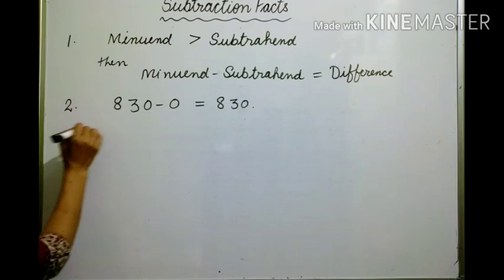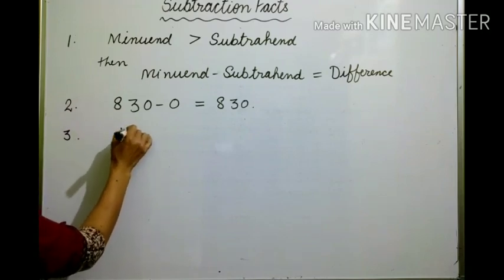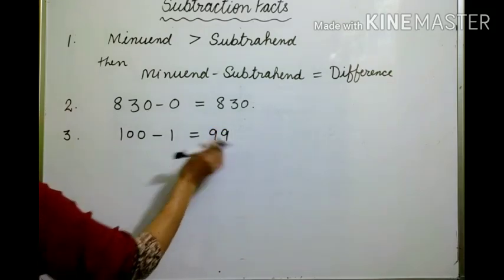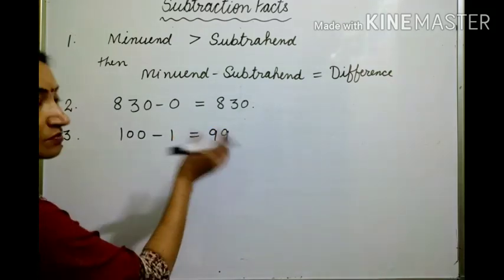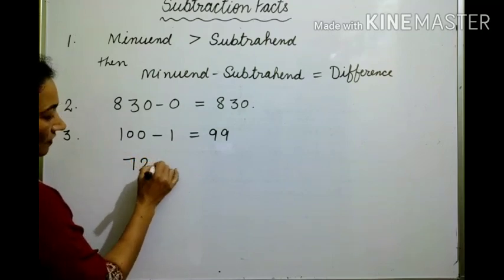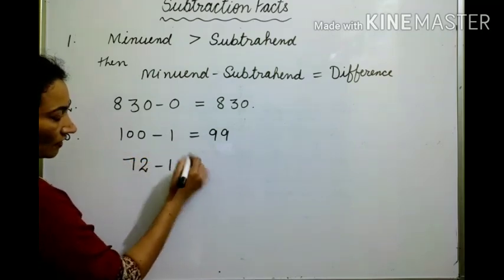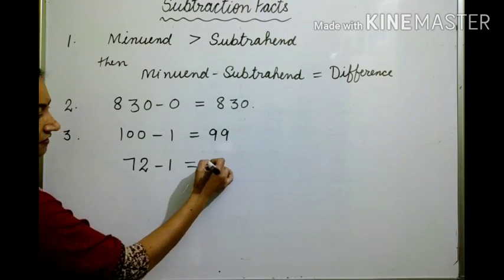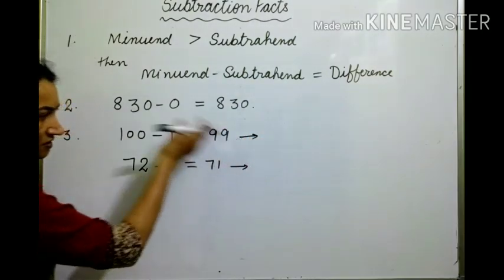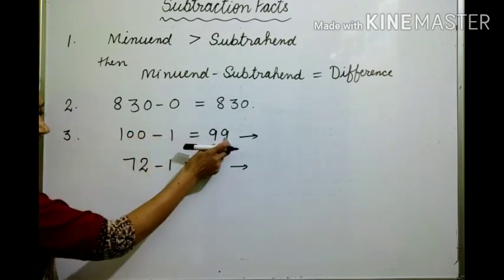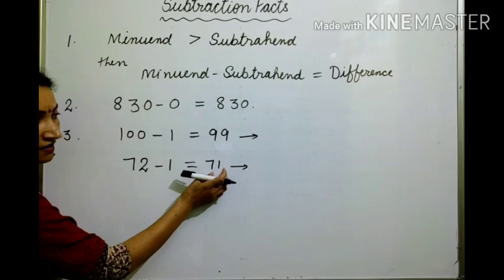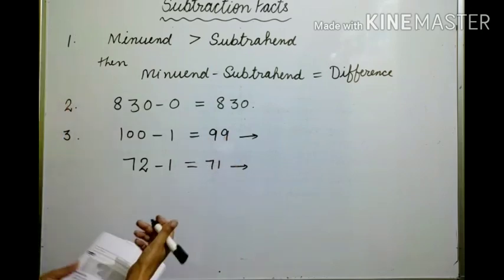The third one is, if we subtract 1 from any number, then the answer will be the number just before that number. Suppose we have 2 numbers and we are subtracting 1. Then what are we getting? The number just before 100 is 99. The number just before 72 is 71. So from here what we learn,